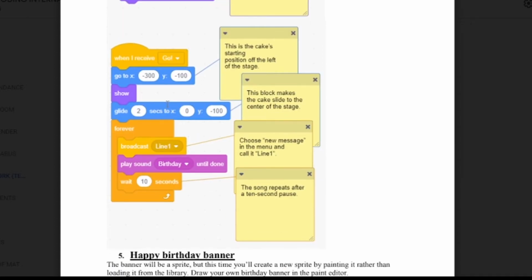Then the next block we go to is a little bit long, but this cake starts, we state the position of the cake, and then we glide to another new position, and then we repeat, or we enter the forever loop. The forever loop will repeat everything that is inside until the game is done. If the game is not finished, it will continue repeating whatever we have given it, and whatever it